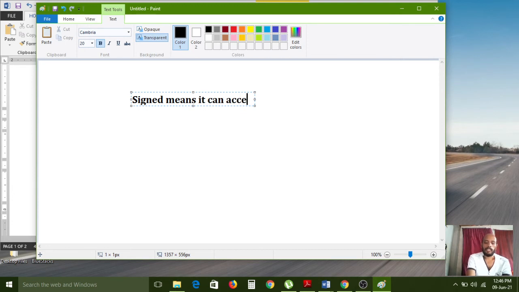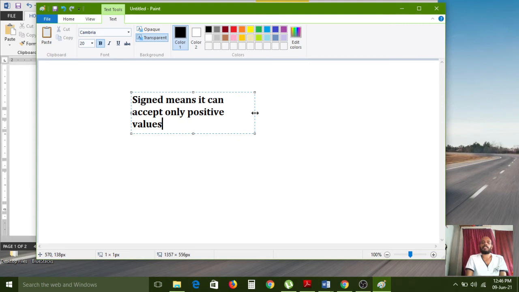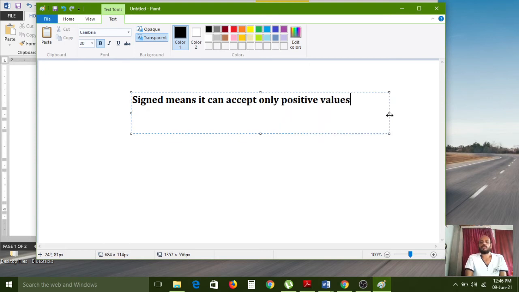Signed means it can accept only positive values.